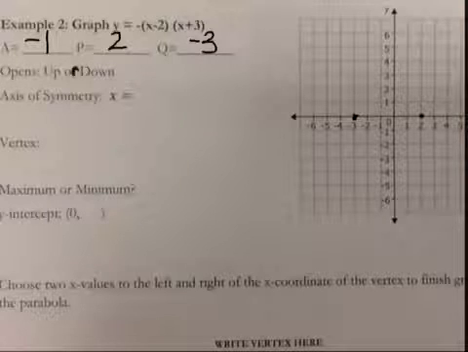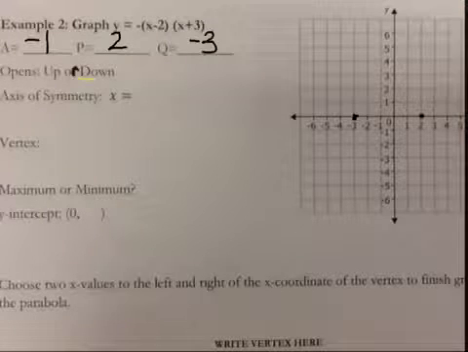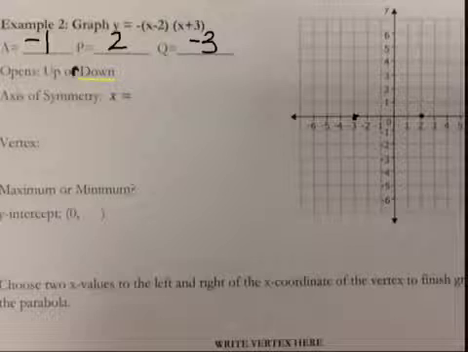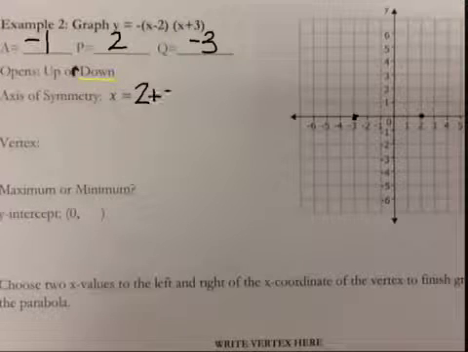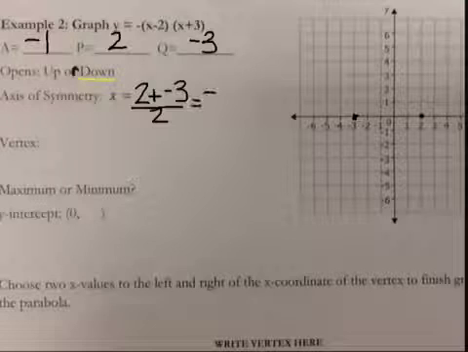Because the a value is negative, we know the graph opens down. Now let's calculate the axis of symmetry. So we do p plus q divided by 2. So 2 plus negative 3 divided by 2. So that's negative 1